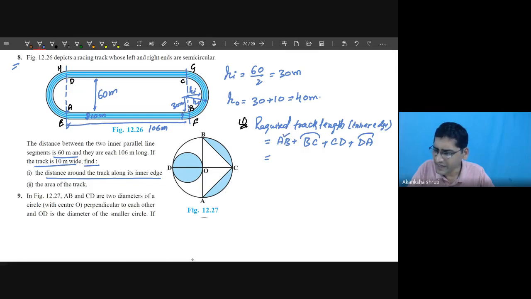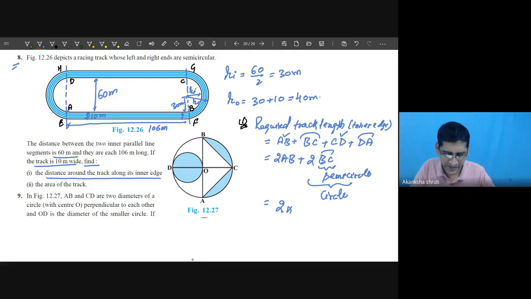But this AB and CD are equal, so you may write it twice of AB, plus this as twice of BC also. But this is the semicircle. This is our semicircle. So this becomes an entire circle. So it is like twice the length AB, which is here 106,